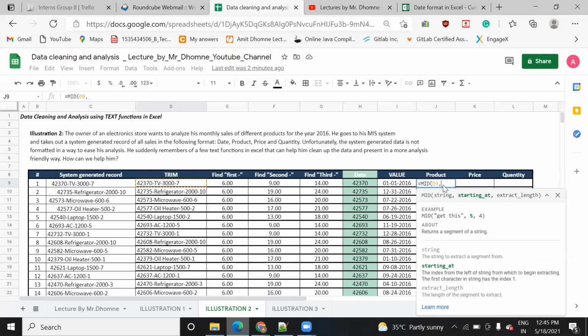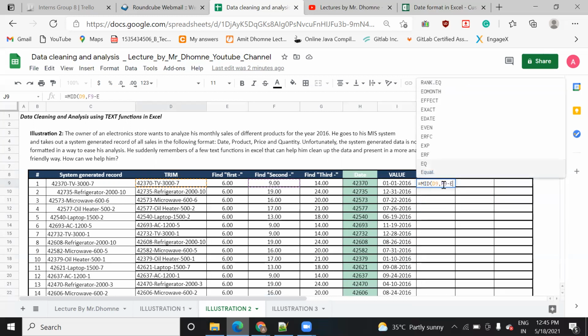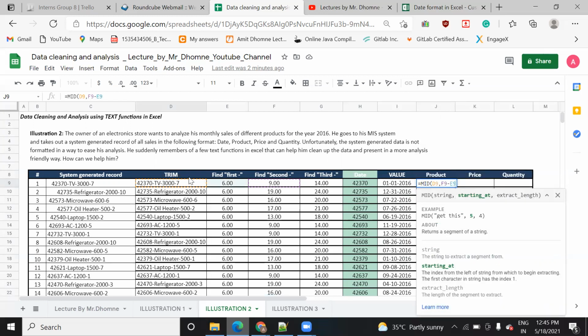So how will you write it? F9 minus E9. But you can see here, if you subtract 6 from 9, you will get 3. But the product is of 2 characters, right? So it means you need to subtract one more so that you can get this TV.